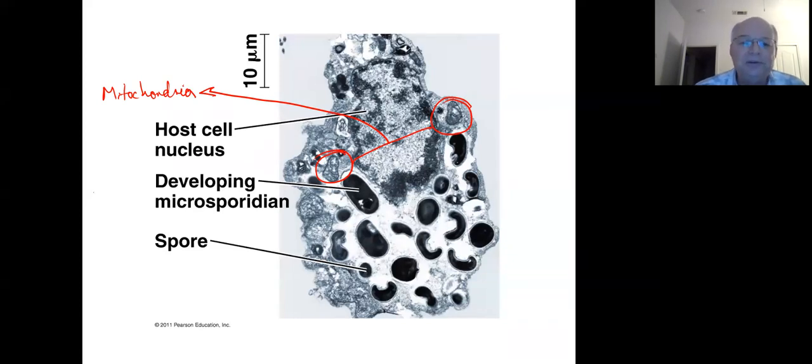And as a consequence, these are also subject to a lot of research, as are the mycoplasmas amongst the bacteria, because of the fact that they have these very, very small genomes with a very limited number of genes, trying to figure out what is the basic set of genes necessary for a functional cell. And so microsporidians are part of that research